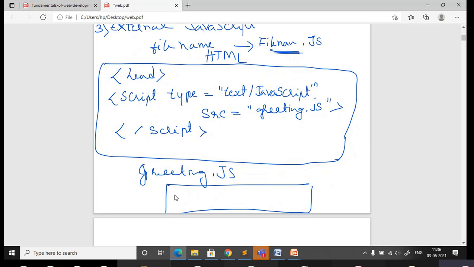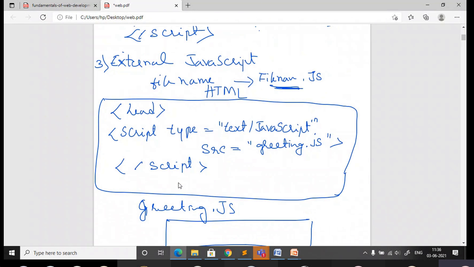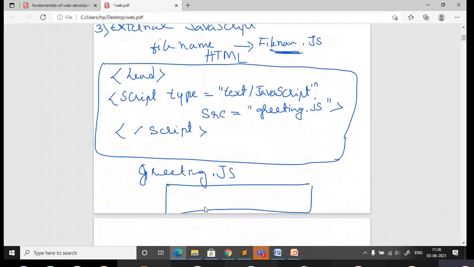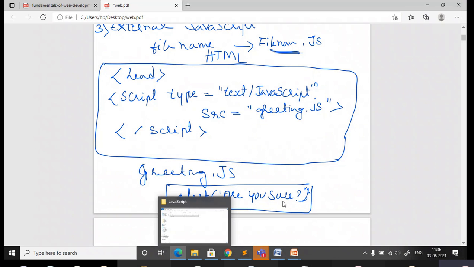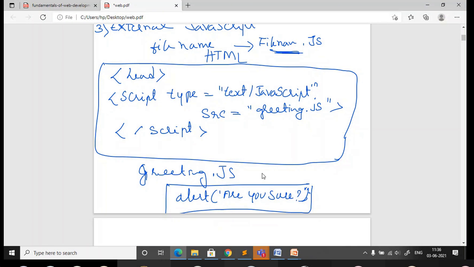Directly you can put that message, whatever I told in the previous one, that is alert. Maybe when you are using web pages, most of the time you will be getting this type of messages. You just add the statement, save it, close, and run. So you will be able to get the output.